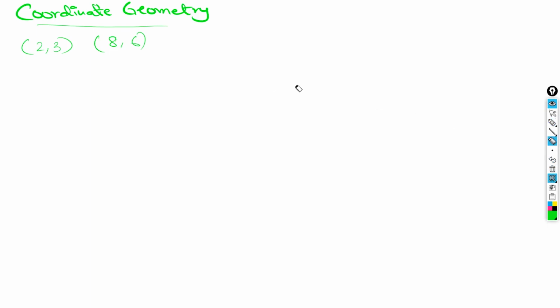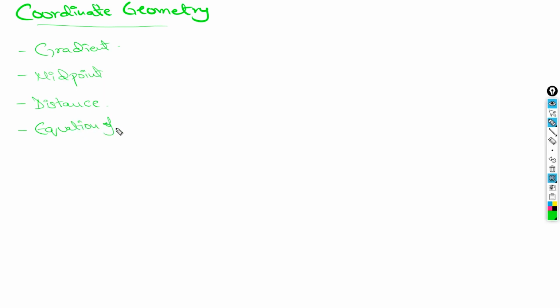So in coordinate geometry, the major things you might deal with are the following. Number one being gradient, two, midpoint, three, distance, four,